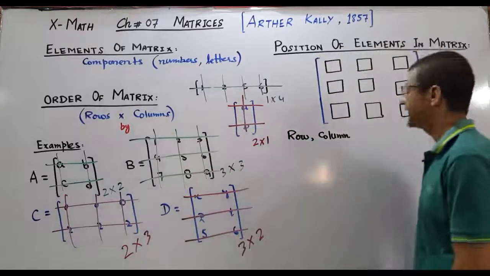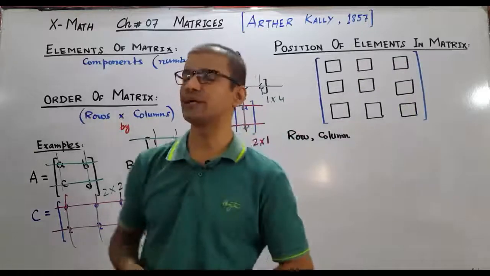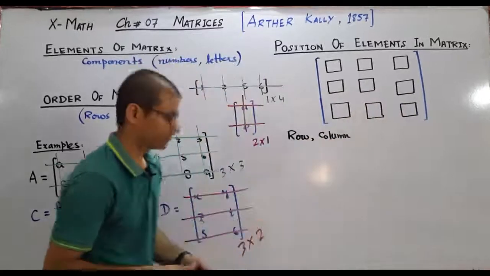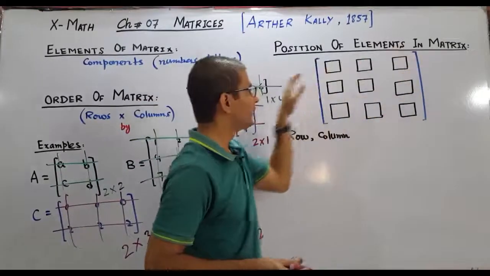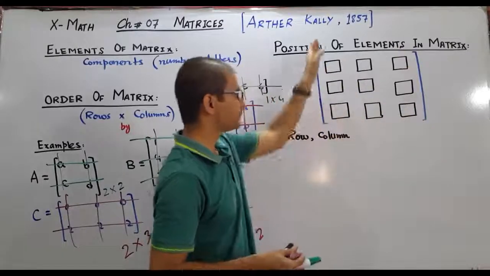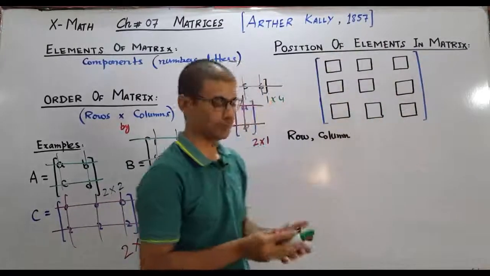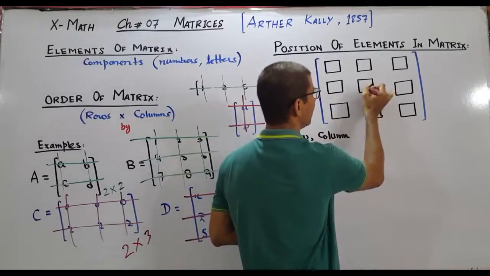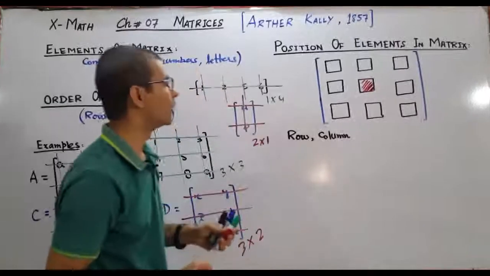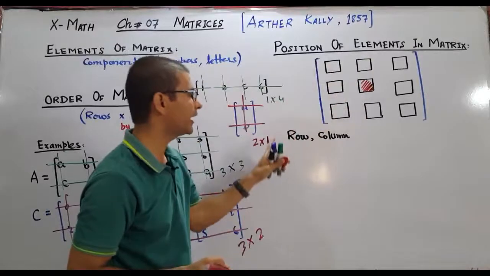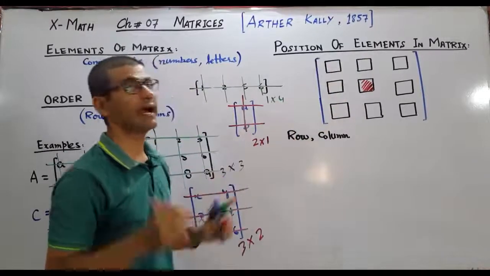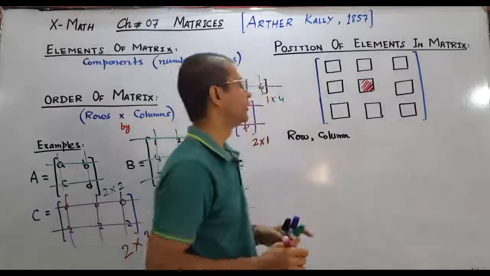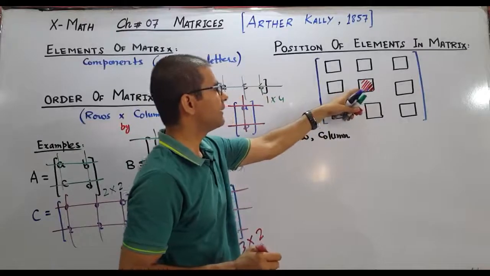Next thing is position of elements in matrix. Position of elements. Students, let's suppose this is your class sitting arrangement. This is first row, second row, third row. This is first column, second column, third column. If I want to observe this student's position here, how will I observe it? For position of elements, the rule is row comma column. Row at the first, same like order, column at the second. So position of this element will be